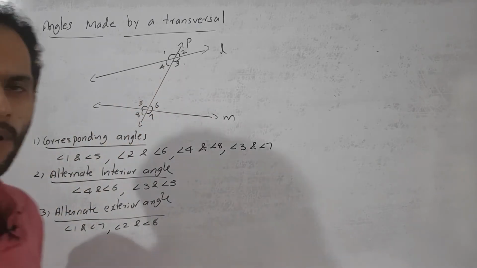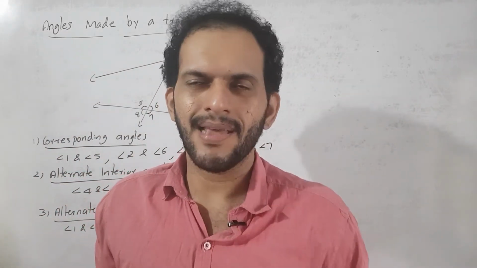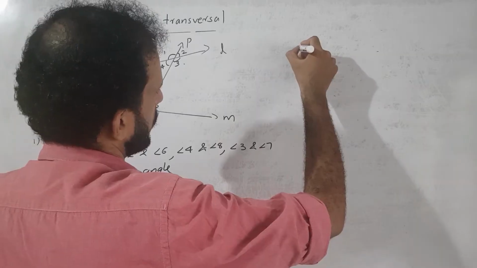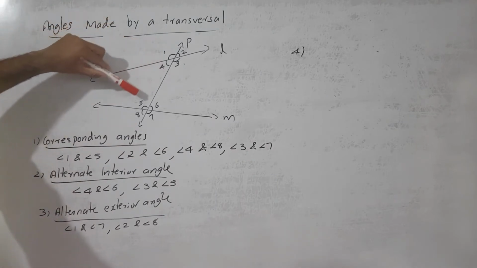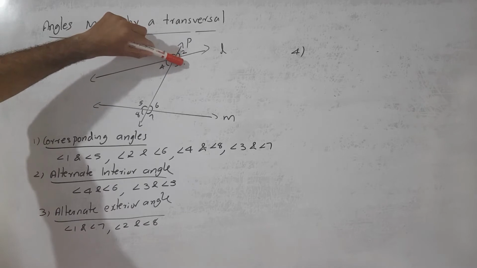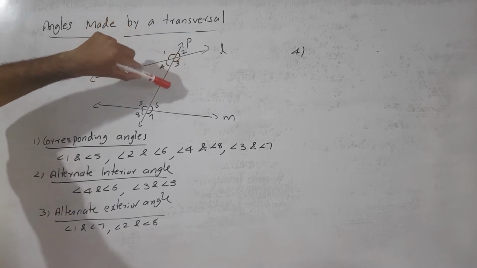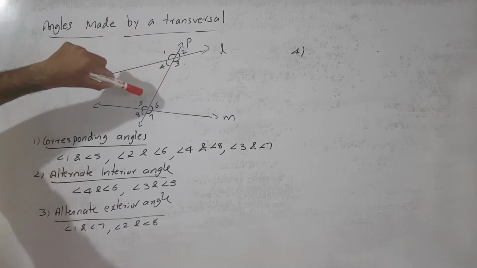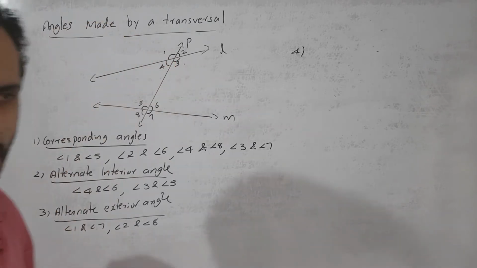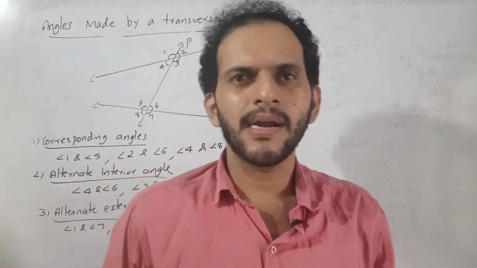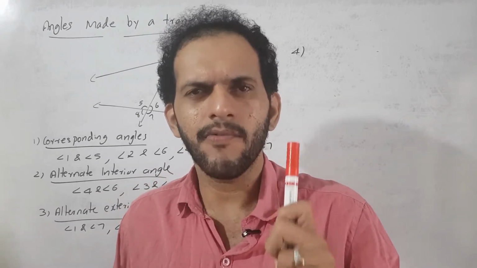Now we go through the three ideas. What are they? Corresponding angles, alternate interior angle, alternate exterior angle. Okay, the next one, the position is like this. Angle 4 and angle 5, angle 3 and angle 6. The angle position is like this, and it is called angles on the same side of the transversal. Angles on the same side of the transversal, simply we call it as